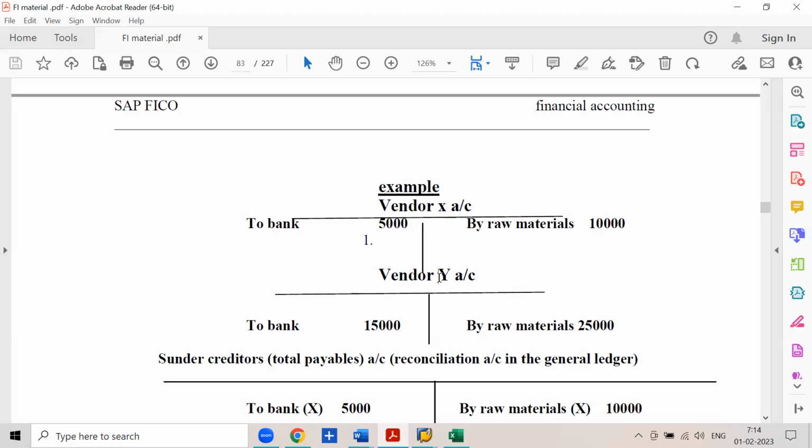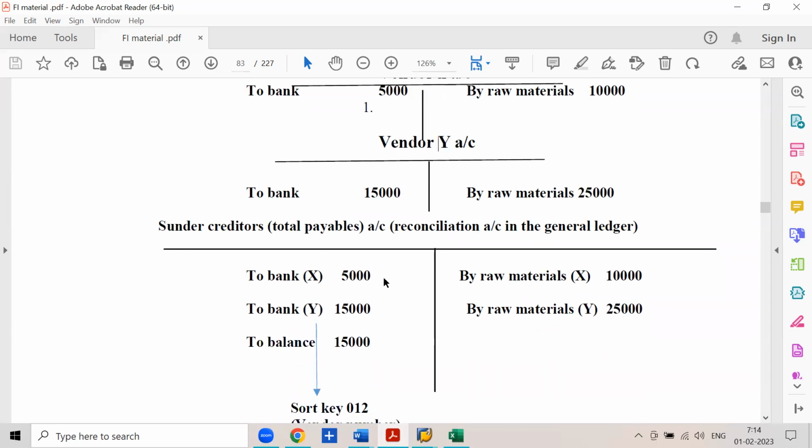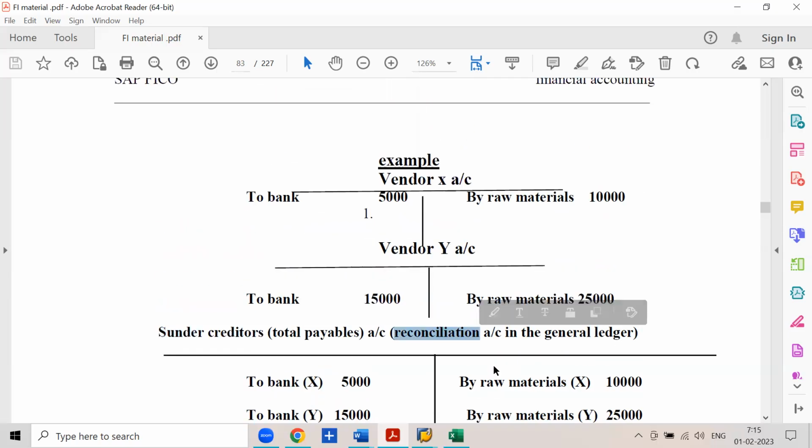For that, what we do in SAP? Here, you maintain one GL account with the name sundry creditors as a reconciliation account in the general ledger. We maintain one GL account with the name sundry creditors or total payables account or payables account. It is represented with different names. So we maintain one GL account, sundry creditors account in the general ledger as a reconciliation account. Then we make some settings. Remember, we make some settings